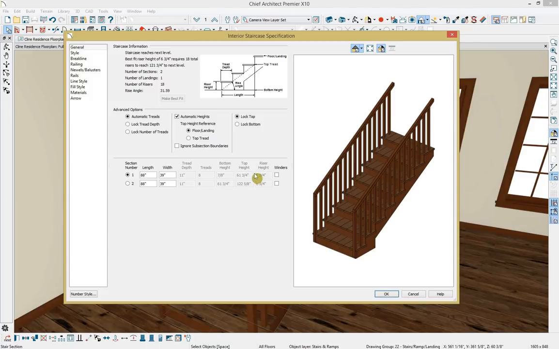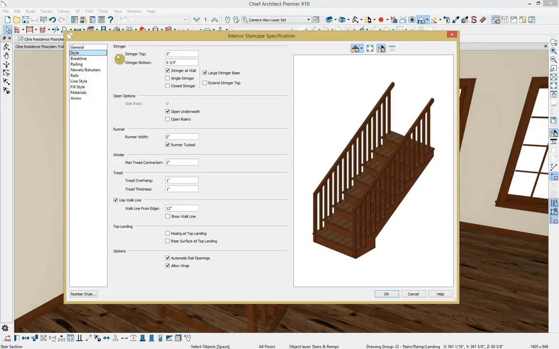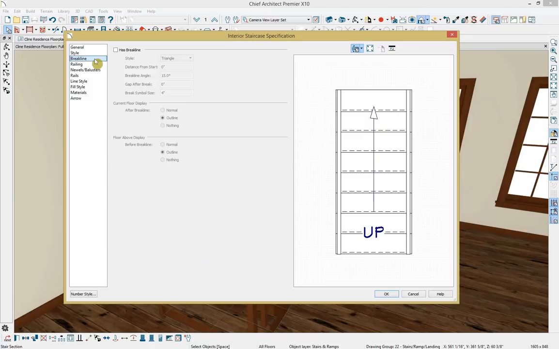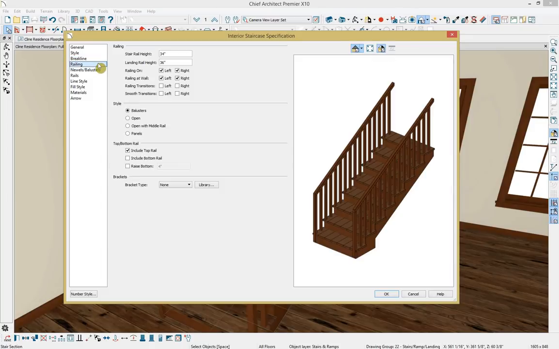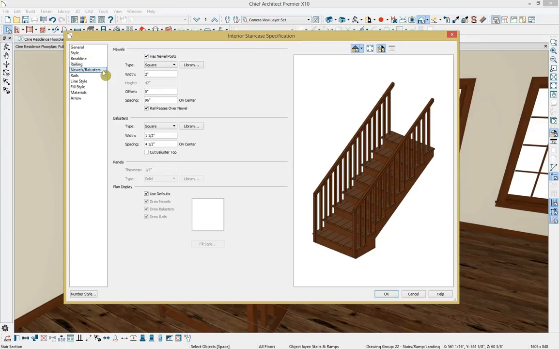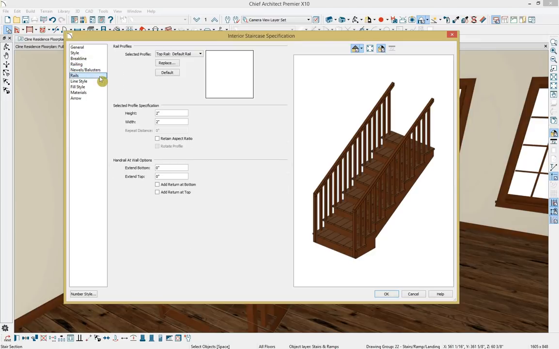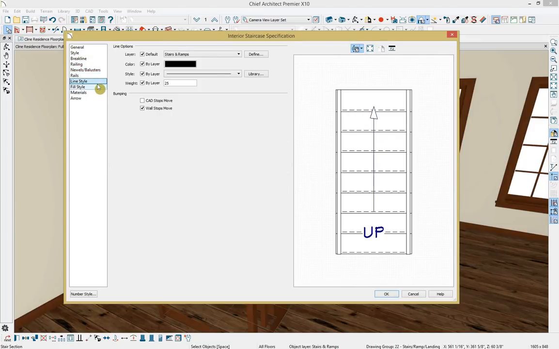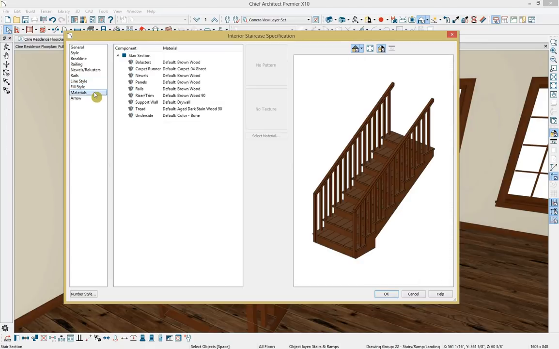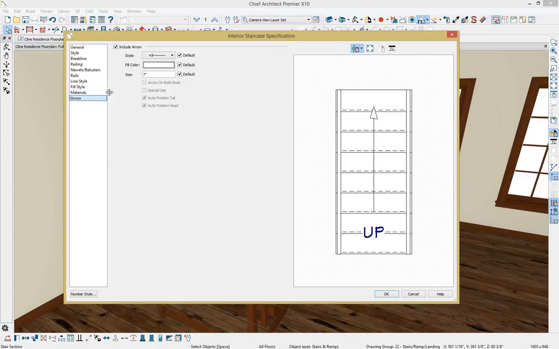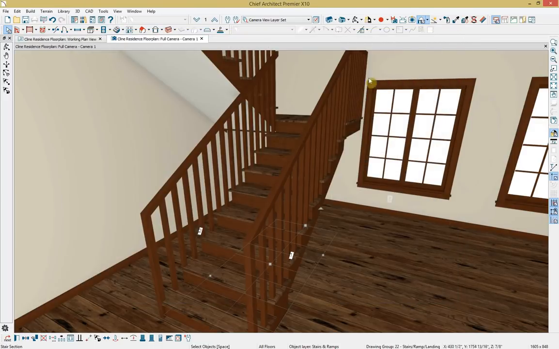You can also change the style of these stairs, whether they have a stringer, they're open underneath, they have a runner, a winder, the tread size. You can specify whether it'll have a break line in your floor plan view, the design for these railings, the design for the newels and balusters, the design of the rails, the line styles, the fill in your floor plan, the materials being used, and an up arrow. Let's go ahead and cancel out of this,